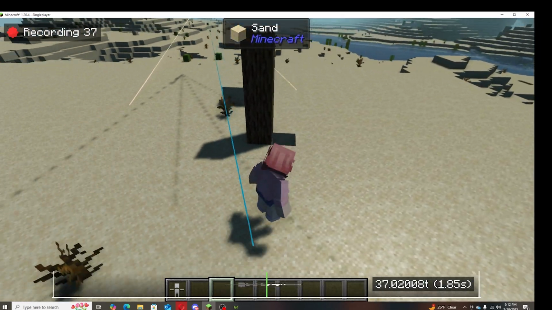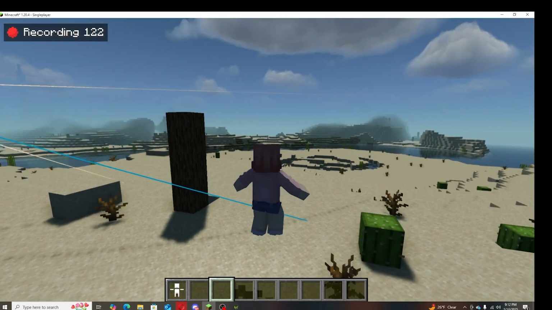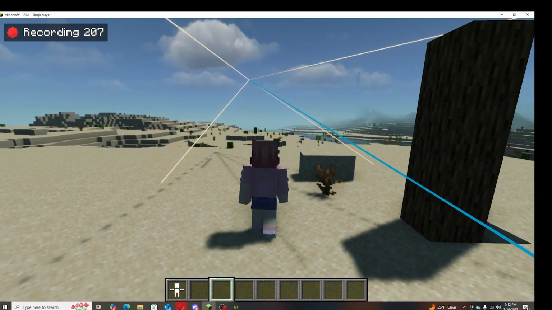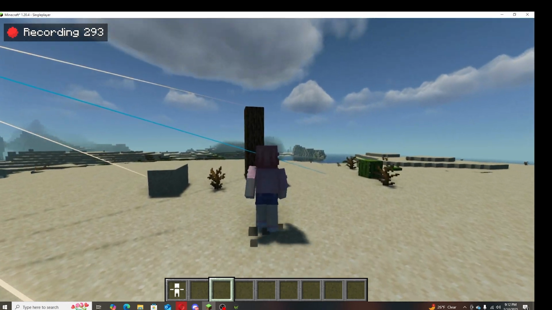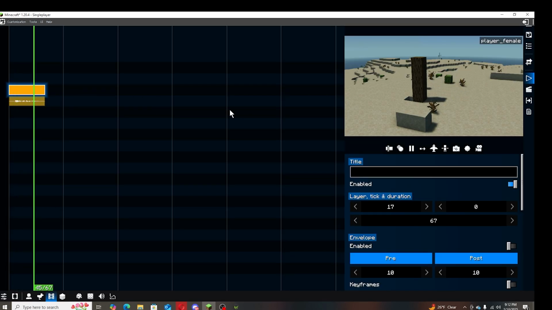So your camera will be looking at you, well, not following you, but your camera will be there. So whatever you do will be recorded, and you can just go back and watch it. You can do this with many characters, like record many characters at once, so you can add many replays, and that's how I make my role play. Okay, so now you can go back to the editor by clicking B, and you can see that I have